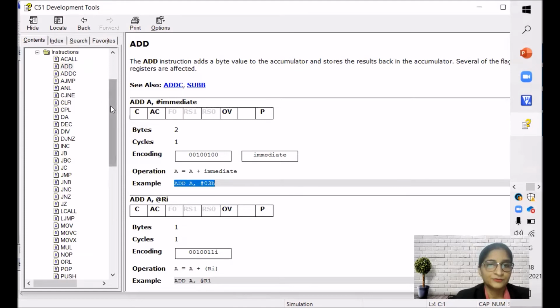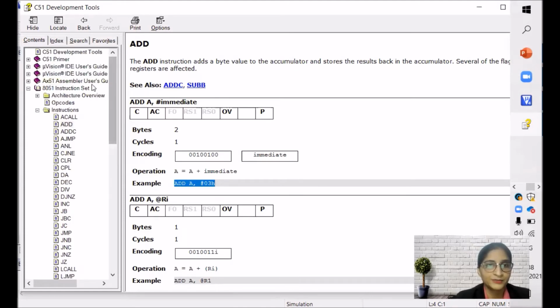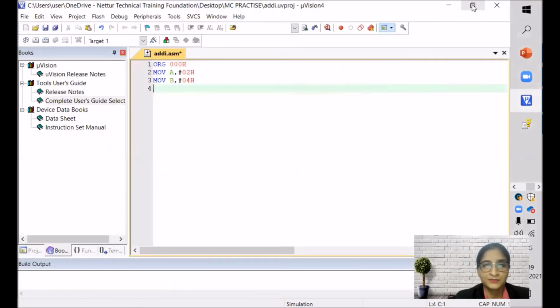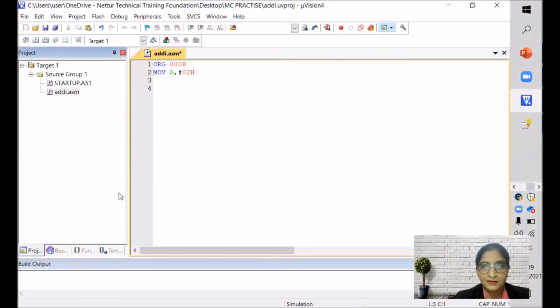Okay, fine. So I'll show you by doing this. I'll minimize this and I'll show you first that instruction. So what was that? First we have taken our first data in accumulator. Okay, then we'll be writing add instruction, ADD A, which just now we have seen in our library, comma hash, any data you can take.